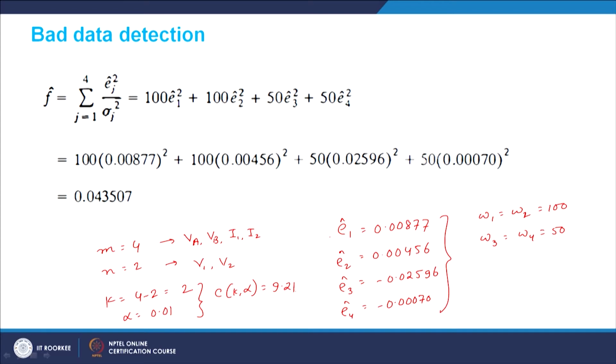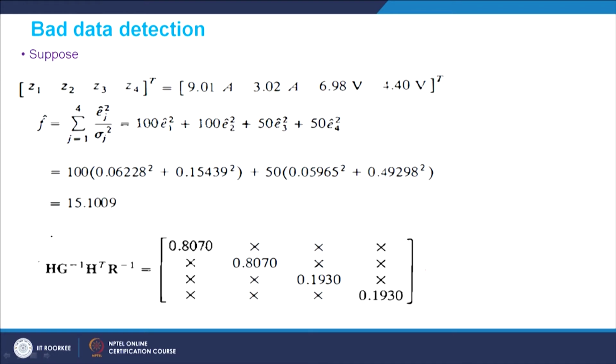Now, this was the case when our last measurement value was 5.01 volt. So, this is for VB. Now, suppose we have another case, which we have shown, where all three other measurements were the same, but now Z4 was 4.40 volt. For this we have also shown that the estimated errors were